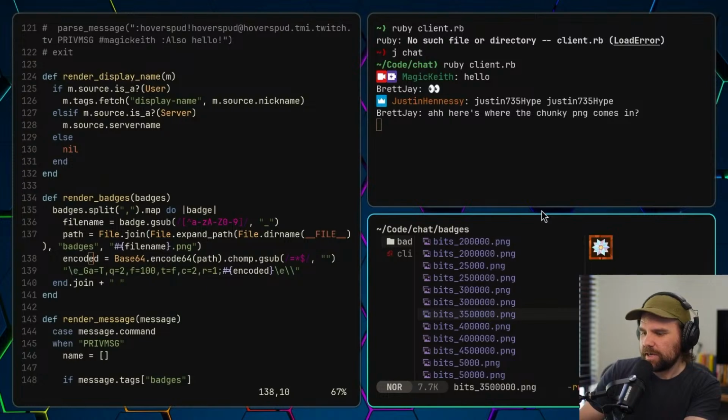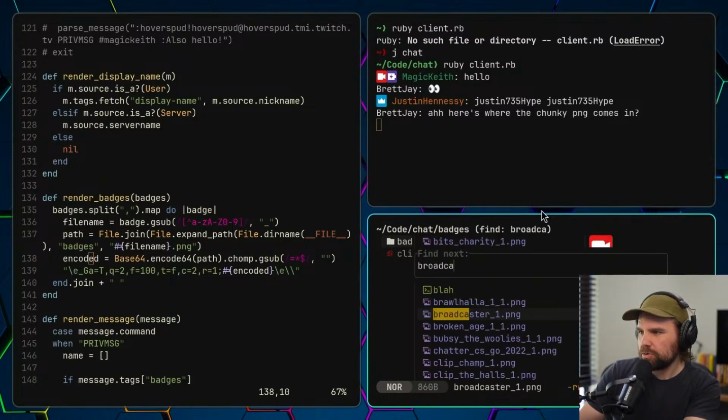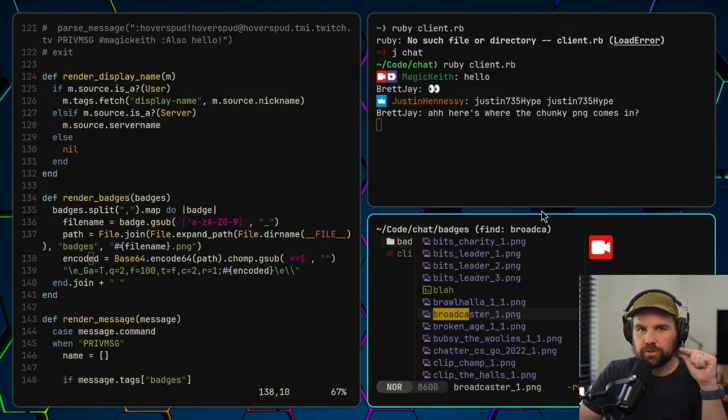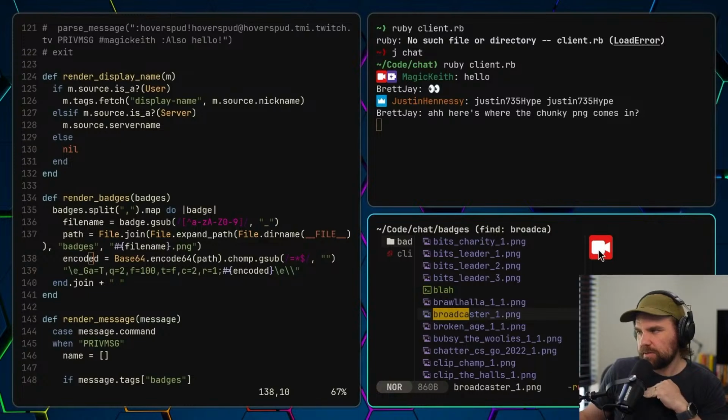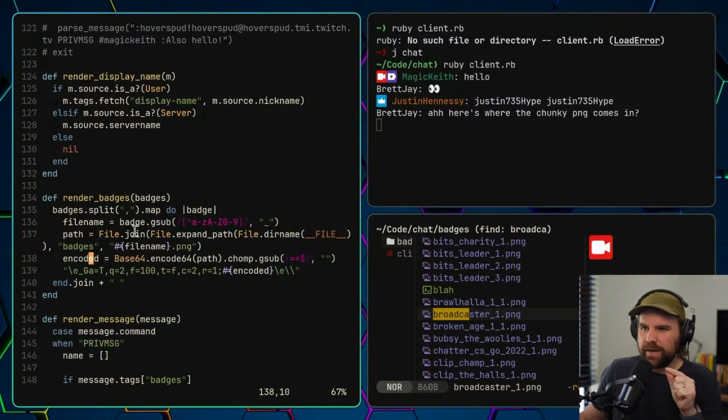If there's a Twitch badge of broadcaster/1, I've saved it as broadcaster_1.png, and this is the broadcaster icon. I think it's a 72 by 72 PNG file. And when I go to render the badge, I basically get the full path to that badge on the file system, and I do the same naming as I'm doing here.